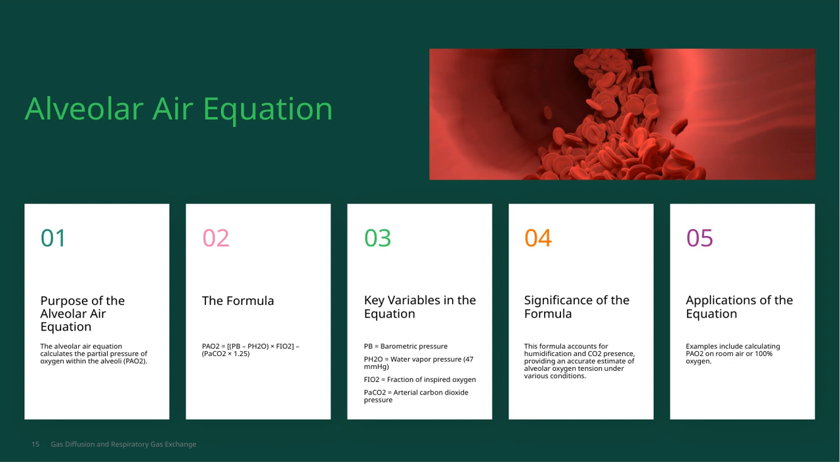Why is this formula so important? Because it accounts for humidification and the presence of CO2, giving us a more accurate estimate of alveolar oxygen tension under different conditions. This is especially useful in clinical settings, whether we're assessing a patient breathing room air or receiving 100% oxygen. In summary, the alveolar air equation helps us understand the oxygen available in the lungs, which is fundamental